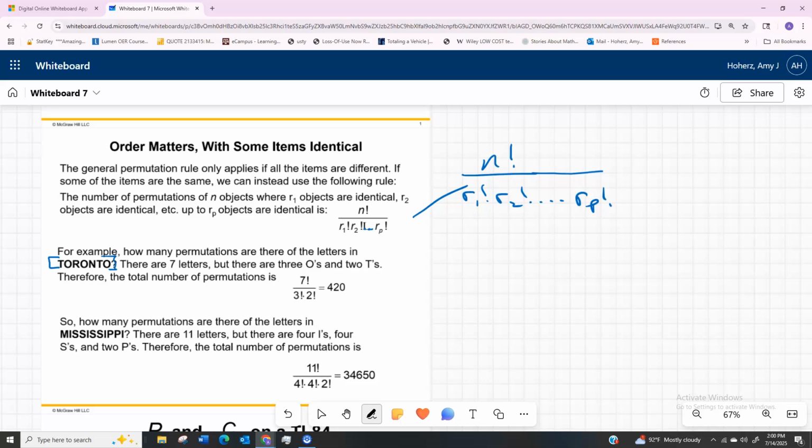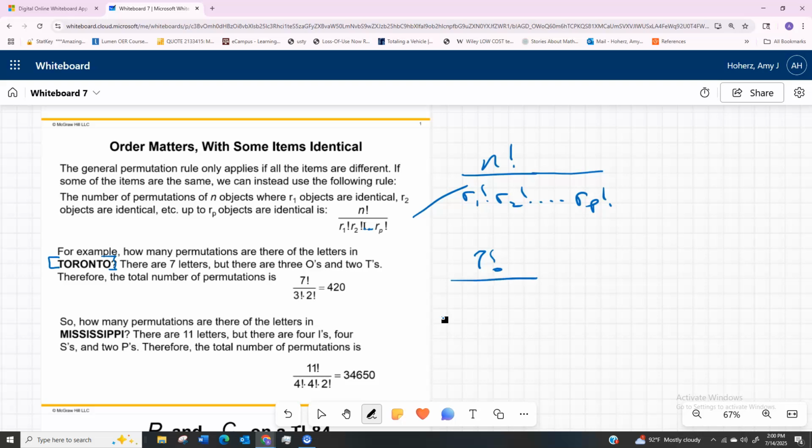Okay, so if we're thinking of words, any of those O's are the same thing, and either of those T's are the same thing. So in order to do that, for the 7 letters, we're going to do 7 factorial,